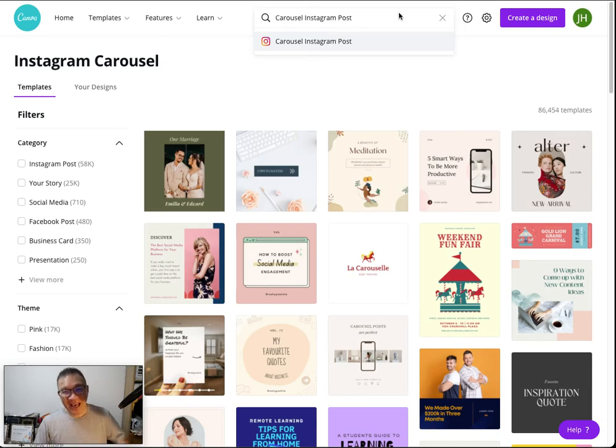Hey, Jack here, and how many of you would love to learn how to use Jarvis to create carousel posts